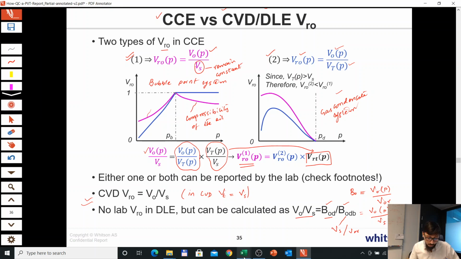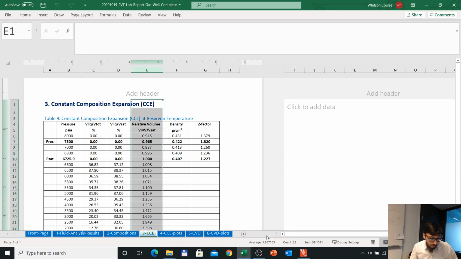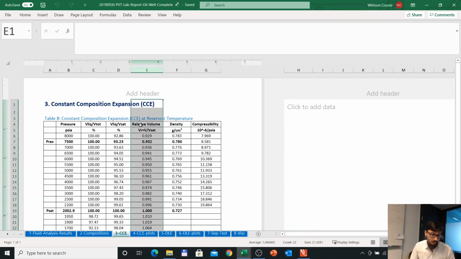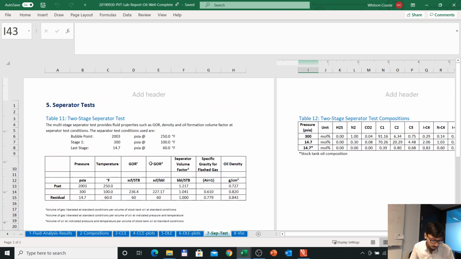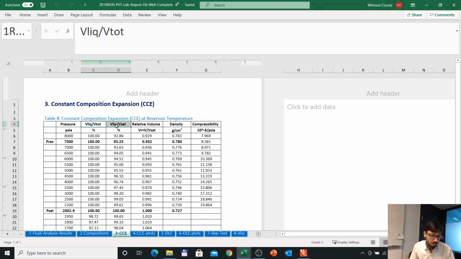So like in this PVT report that we have for the oil, not this one, but this one here. Even though this oil has very low GOR, so you can look at it from this separator test, the GOR is like 236 scf per barrel, right? But when you look at the CCE experiment here, we have the VRO reported for this type of oil, okay? But